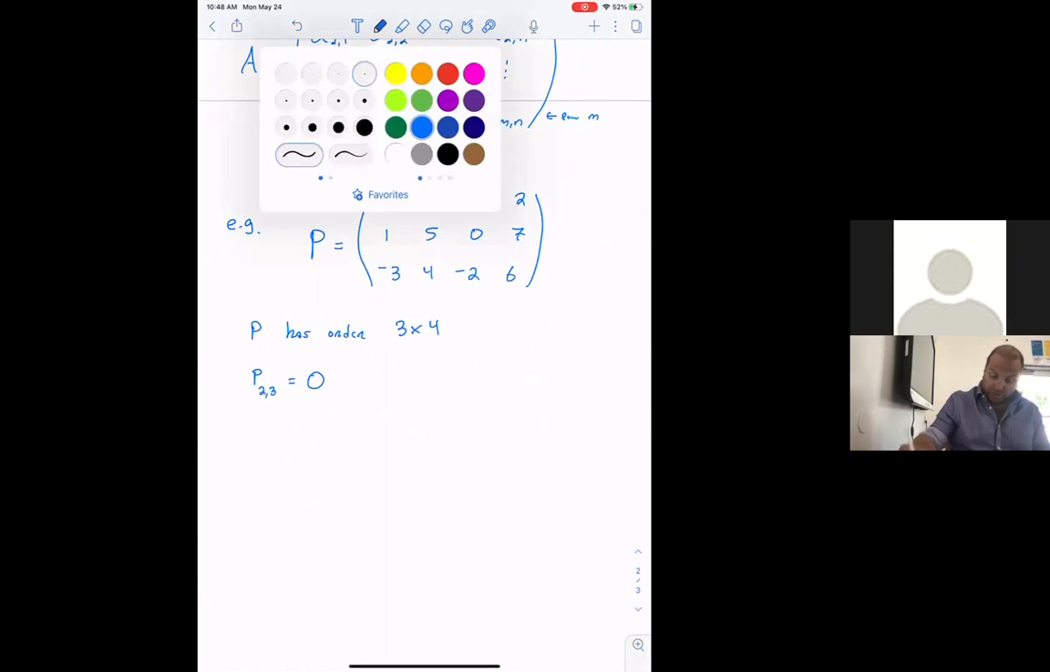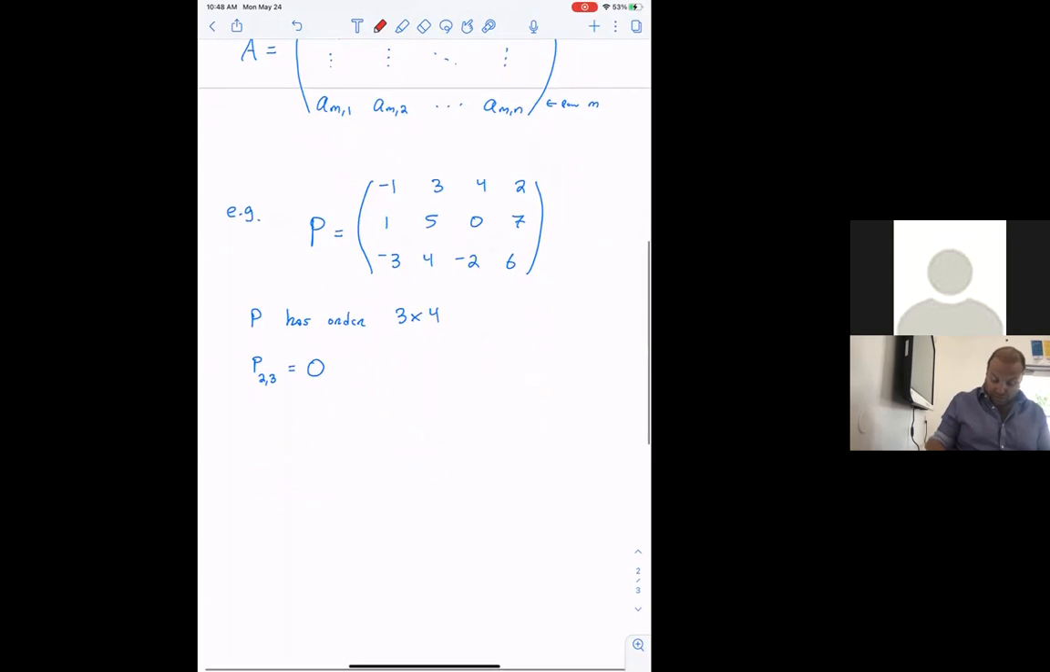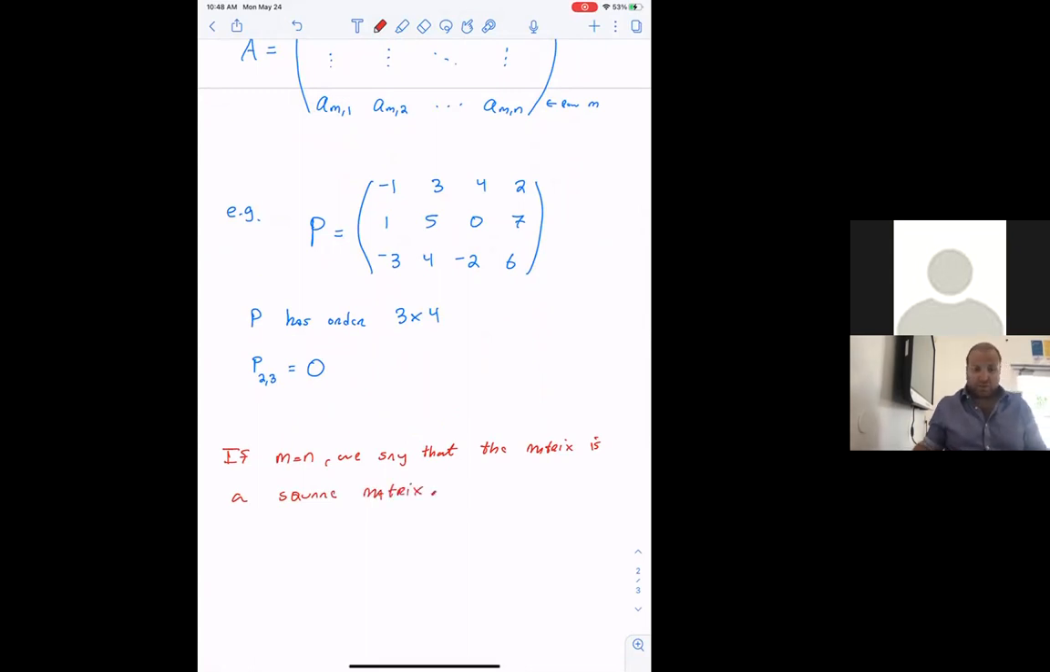Another definition. We have lots of definitions here because we're introducing a new type of object. If m equals n, if the number of rows is equal to the number of columns, we say that the matrix is a square matrix, which seems very, very logical as a definition. We're used to rectangular matrices, but if the number of rows equals the number of columns, then it's a square